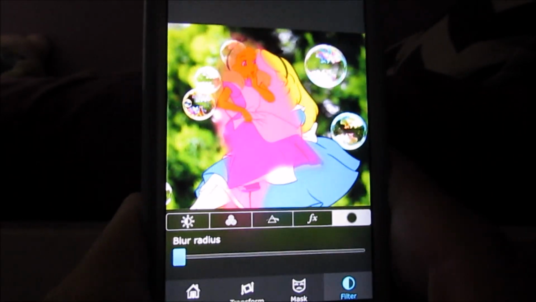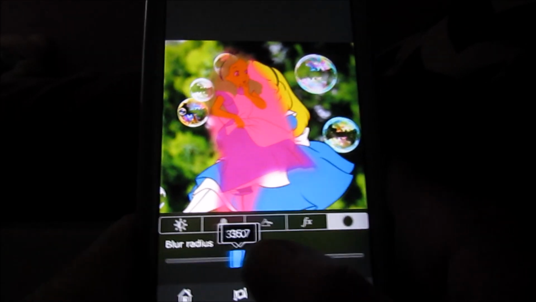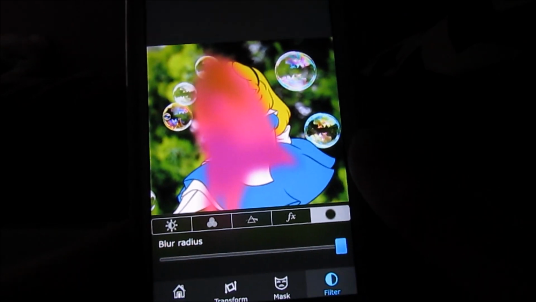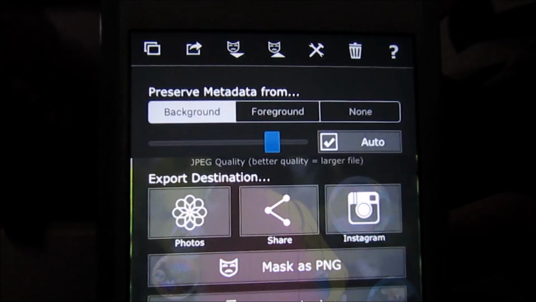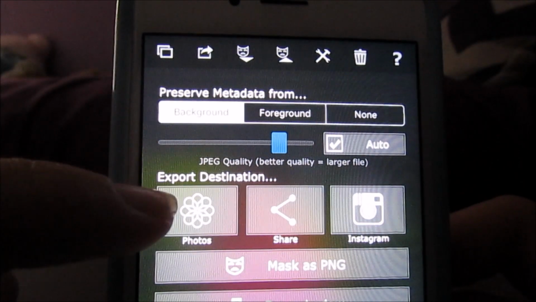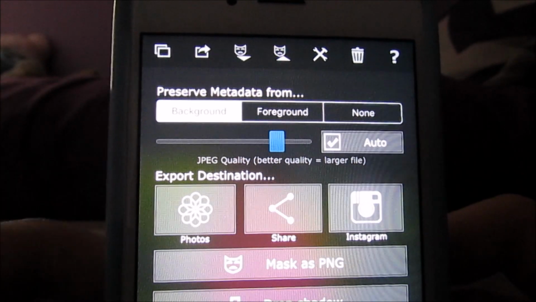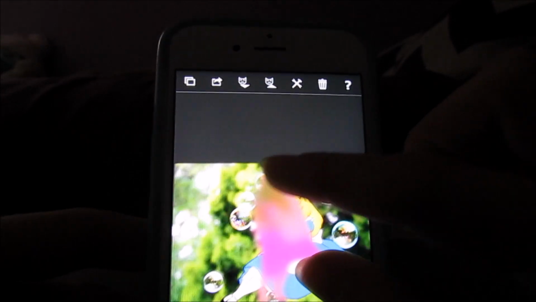Also, if you wanted to blur your entire foreground, not just the edges, you would press this, and now it's completely blurred. And when you're all done, you press home and the second button, and you press photos to have it saved to your gallery. You go to mask as PNG if you made a transparent